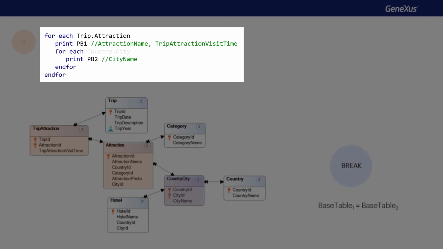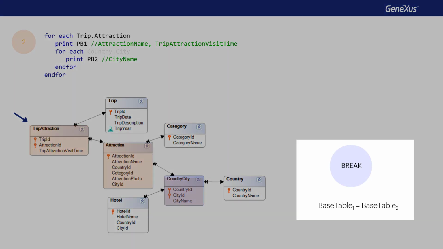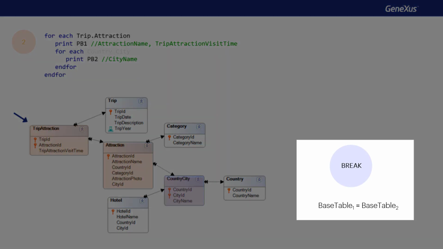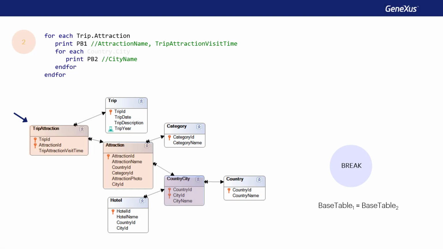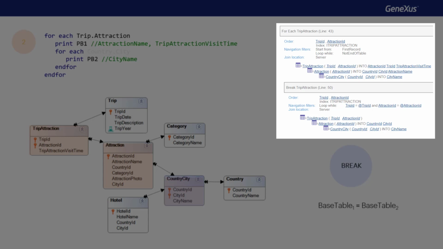That's why, if we don't set this base transaction, and we let Genexus determine the base table by itself, it'll choose trip attraction. That is to say, it'll understand that we want to implement a control break because, assuming that the developer doesn't write unnecessary for each commands, nothing else will make sense. The navigation list will look like this.